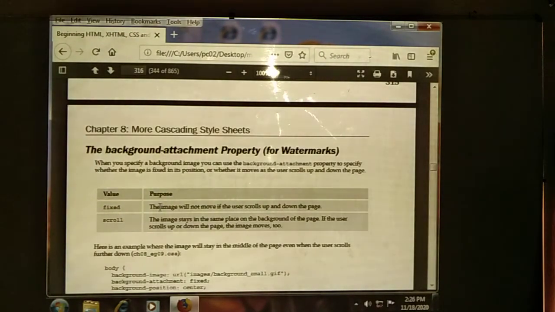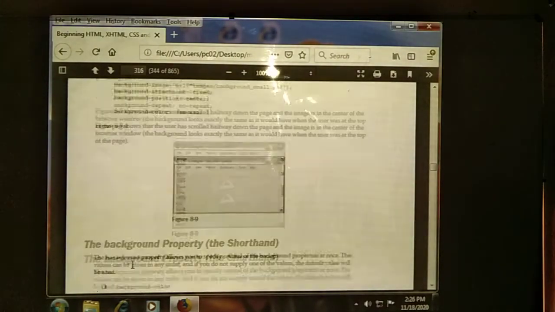Fixed means the image will not move if the user scrolls up and down the page, it cannot move to the next page. That is the fixed value. If you are using scroll, whenever we move from one page to another, automatically the image also moves. That is the attachment property. How many values? Two values. First fixed and second scroll.